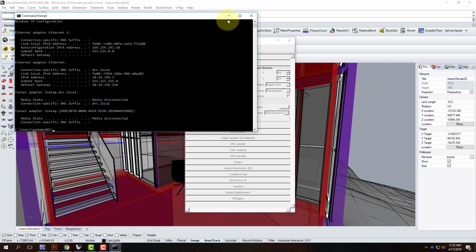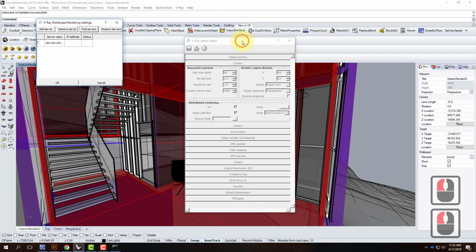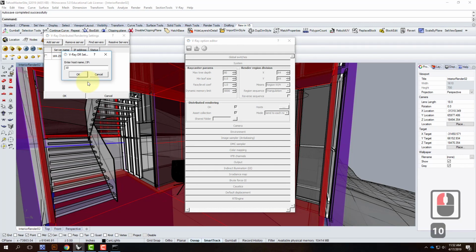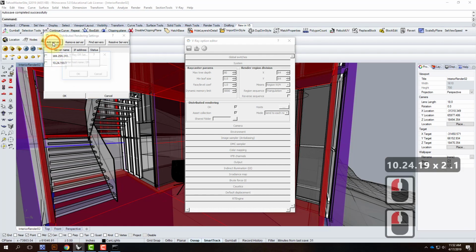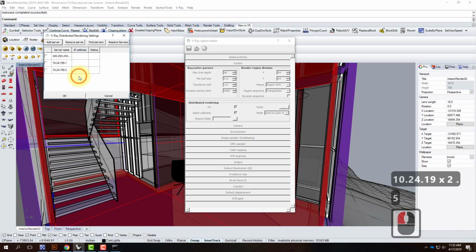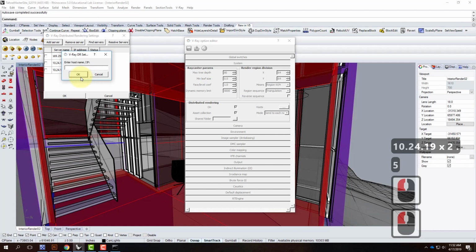And then I'm going to go in right here, and in my distributed rendering settings, I'm going to click on this Add Server button. And I'm going to go ahead and type in 10.24.199.1. And I'll say OK. Then I'll go back and add server, and I'll do 10.24.199.5. And click OK. I'll click on Add Server,